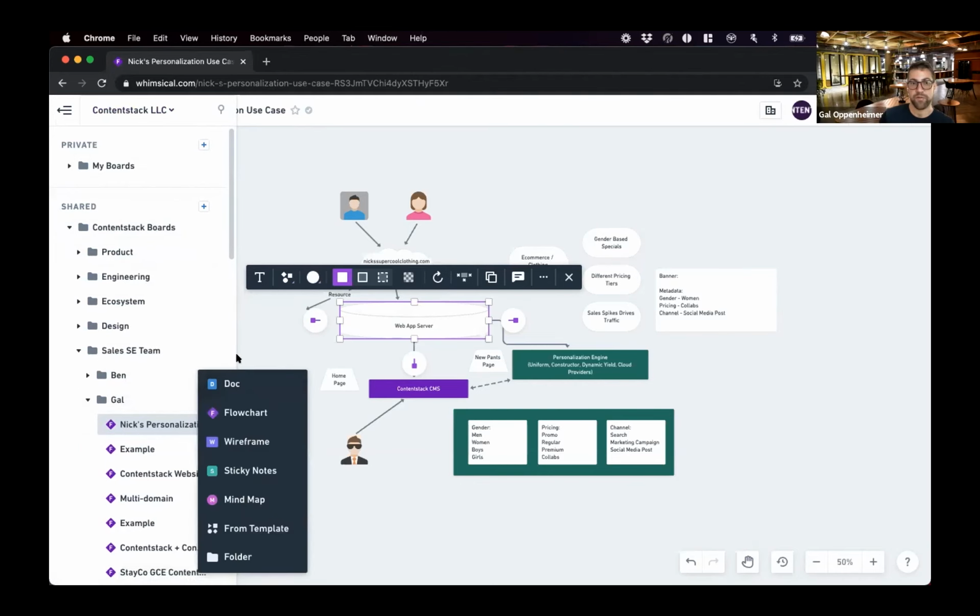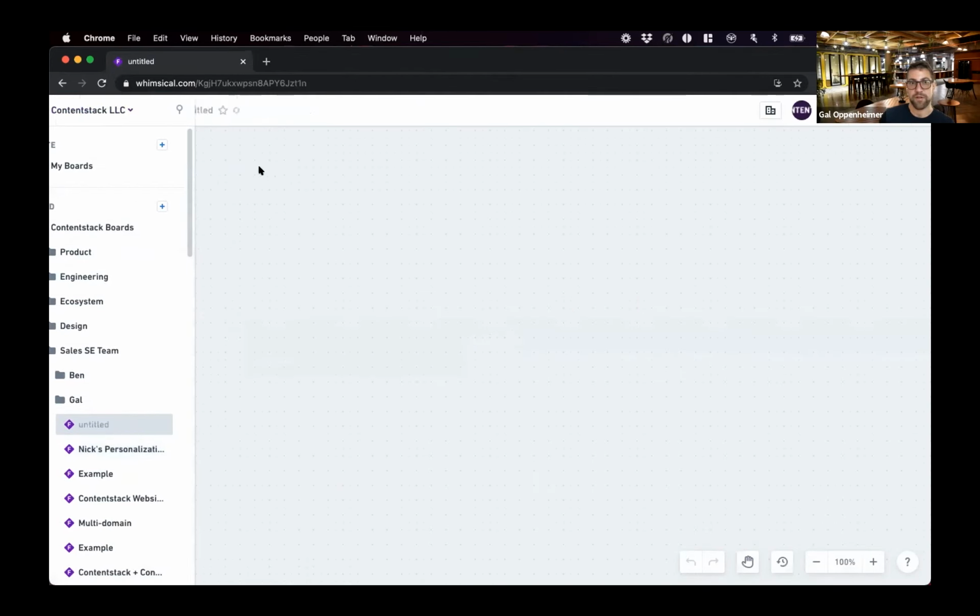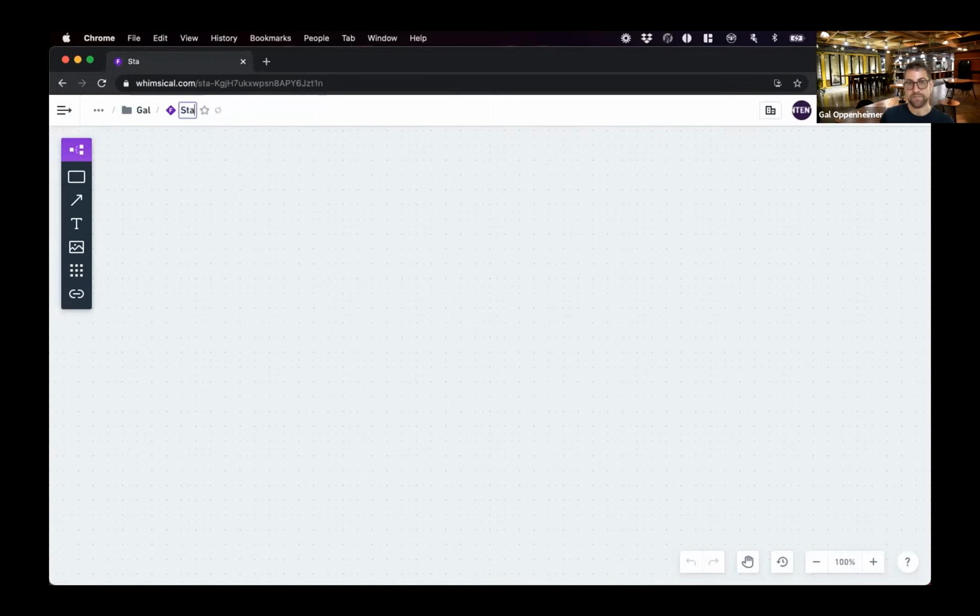Definitely. Let me just create a new flow chart just to keep it a little bit organized. So Contentstack has this concept called a stack. Think of it almost like a really big folder or a project repository, and you can have multiple stacks in your organization's instance of Contentstack. And that instance is not a dedicated installation. We are a true multi-tenant SaaS. So we basically carve out a portion of the MongoDB database, give it to you, and you can work whatever magic you want inside.